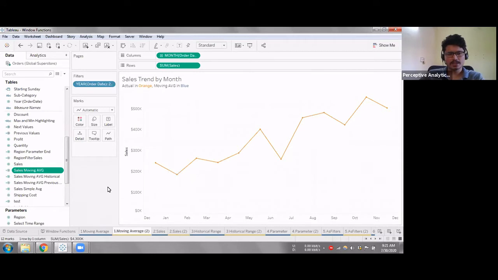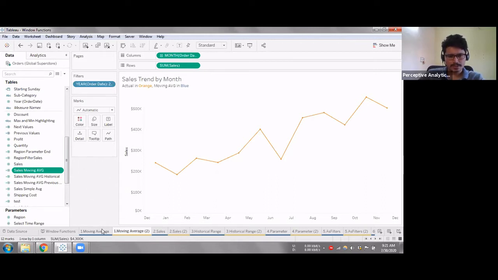So today's session will be a continuation of the table calculations sessions we have had in the past. Today we'll explore some hands-on activities on window functions. We already had some hands-on activity on table calculations, I think after session 2 or so. Today we'll explore the table calculation functions, especially window functions, and how they can be used. The first 2-3 activities will be a kind of recap of what we have done, then we'll get into the new stuff.